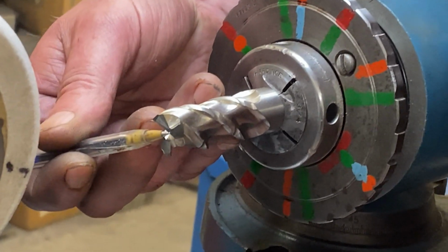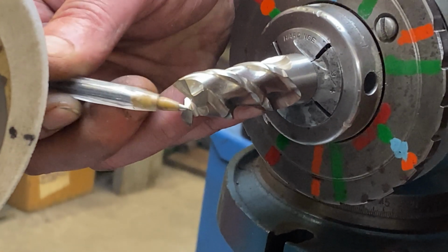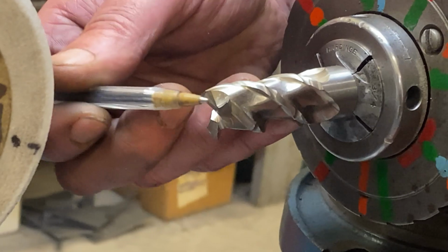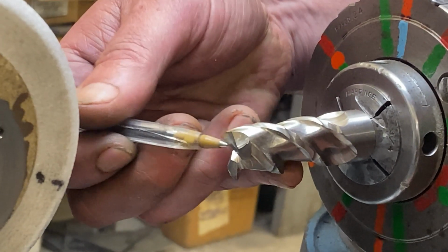This tooth face here is done. That's the one that passes right through center. That's going to be the one that gives us the ability to drill. And then we've got this guy over here. Its face is fine, we've got clearance in here like we need. But now we need some of this material here gone, so that only the one tooth can pass through center